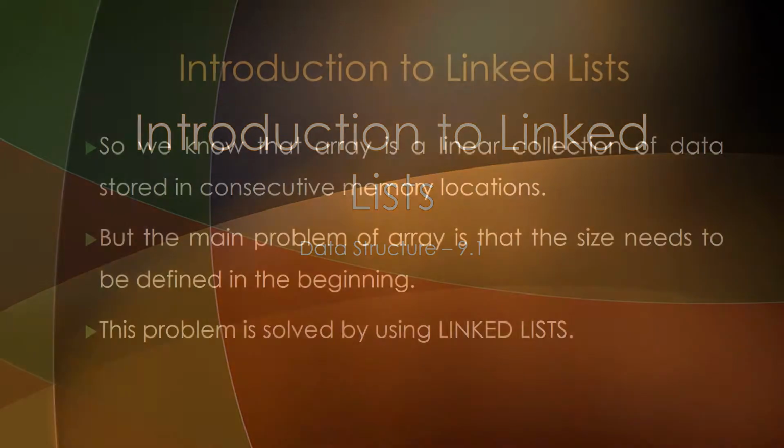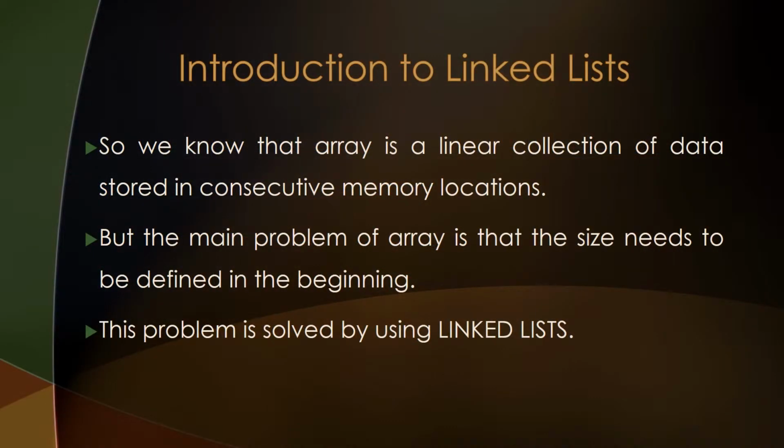Now, why do we need a linked list? We know that an array is a linear collection of data stored in consecutive memory locations. But the main problem of an array is that the size of an array needs to be defined in the beginning itself. For example, if there is an array by the name A and we need 10 memory locations for the array, we need to define the size of array A as 10 in the beginning itself while coding